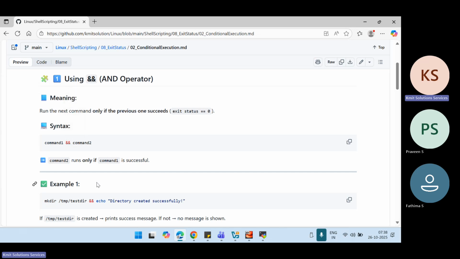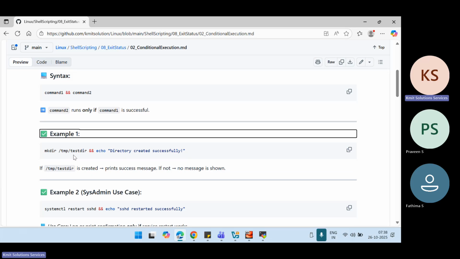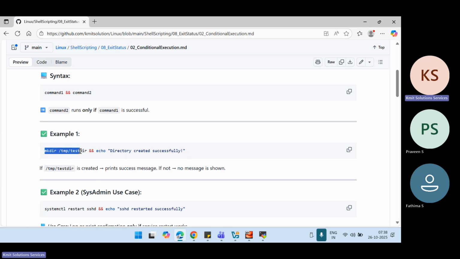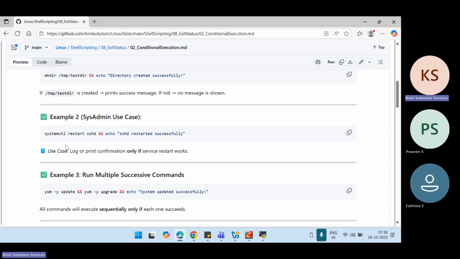So for example, if I say I want to make a directory, and this command is executed successfully, then it will come to this command: echo directory is created successfully. Say, for example, you are restarting your SSHD service and you want to say yes, it is restarted successfully. If you have multiple commands like yum -y update, if this gets executed, then